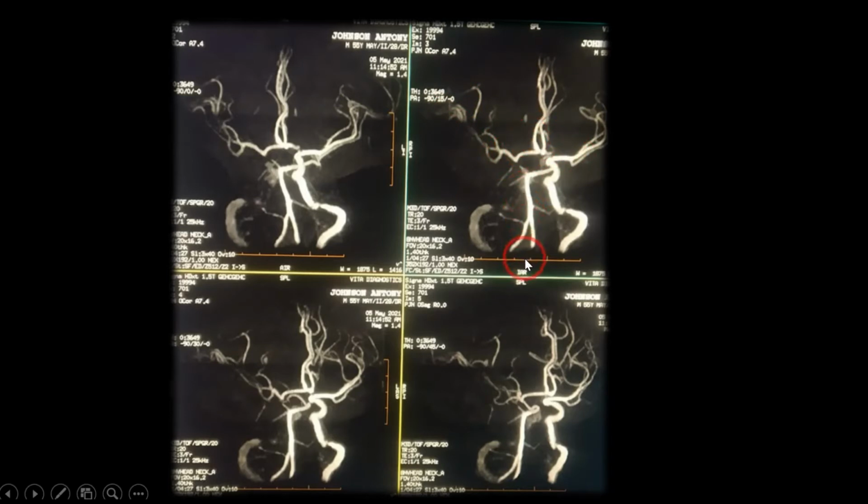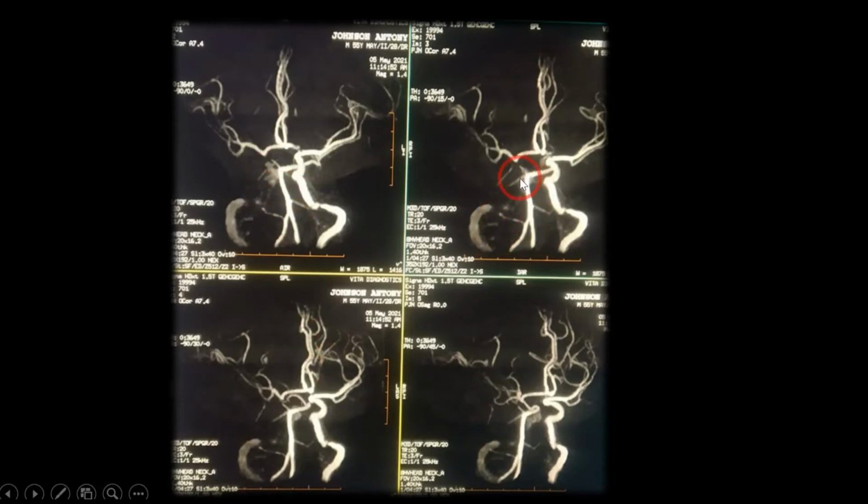Now let's look at the posterior circulation. This is the vertebral artery on the left side, vertebral artery on the right side. Right side there is a PICA which is arising from the right vertebral artery. This is the basilar artery. There is an ICA which is large on this side. There is no PICA seen on this side. This is what is called ICA-PICA balance. When the ICA is large, the PICA is usually small. When the PICA is large, ICA is usually small or absent. Basilar artery, there is nothing significant here.